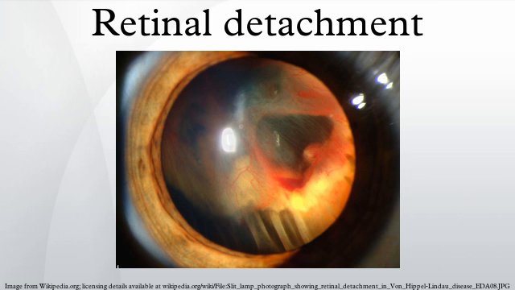Tractional retinal detachments can also occur in patients with proliferative diabetic retinopathy or those with proliferative retinopathy of sickle cell disease. In proliferative retinopathy, abnormal blood vessels grow within the retina and extend into the vitreous. In advanced disease, the vessels can pull the retina away from the back wall of the eye, leading to tractional